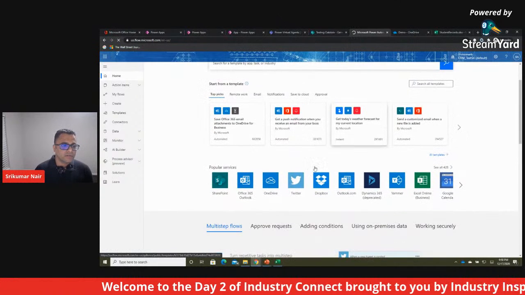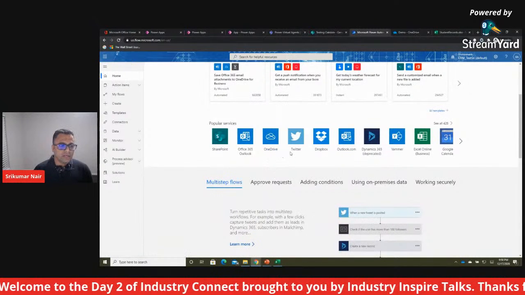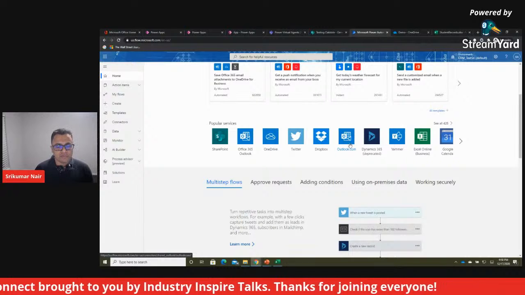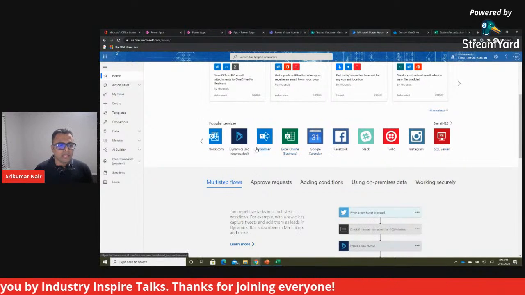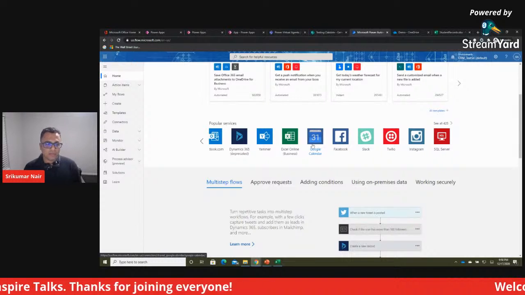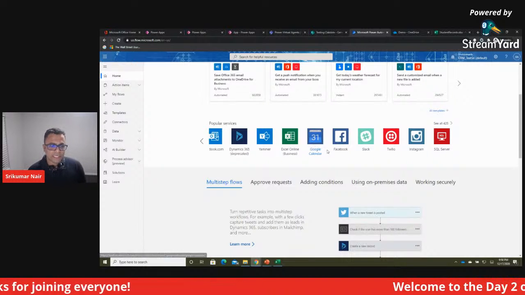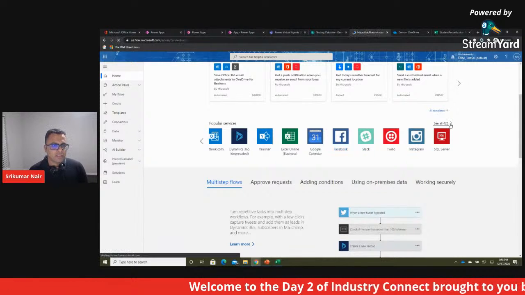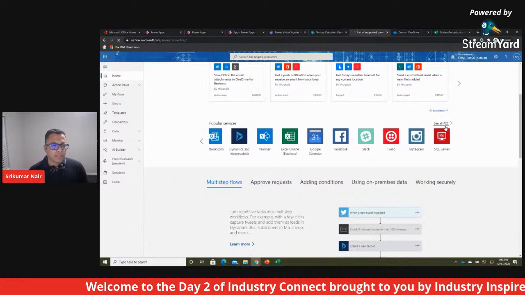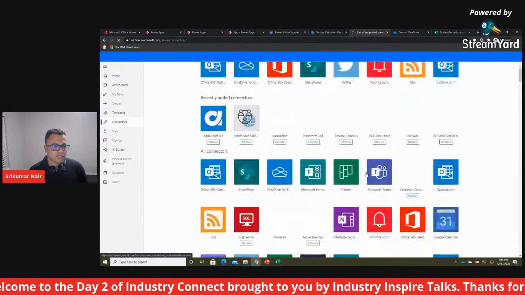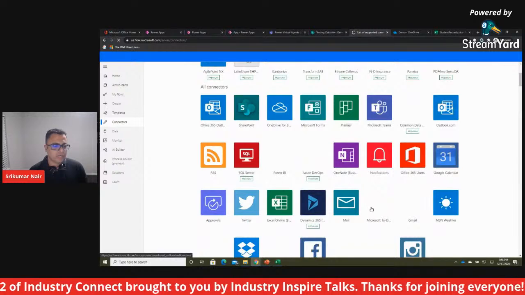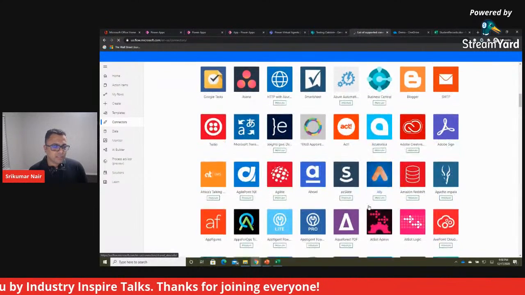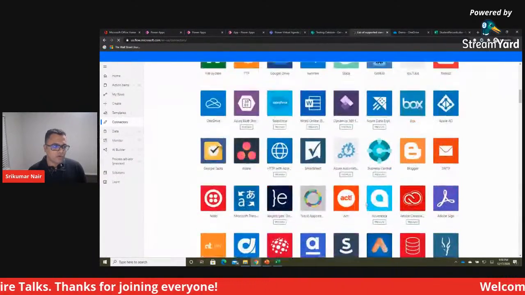All you will see here is some of the popular things, right? When somebody tweets, when some file is dropped in Dropbox, when an email arrives, do certain things, when there is a Google Calendar invite which says remind me about my friend's birthday, send me a text or something. I can build all sorts of automations based on this. Now these are all consumer applications. There are also business applications like Twilio, as I said, which is used as integration for sending text messages. Up to 500 plus connectors are there to any data source in the world that you want to build for.